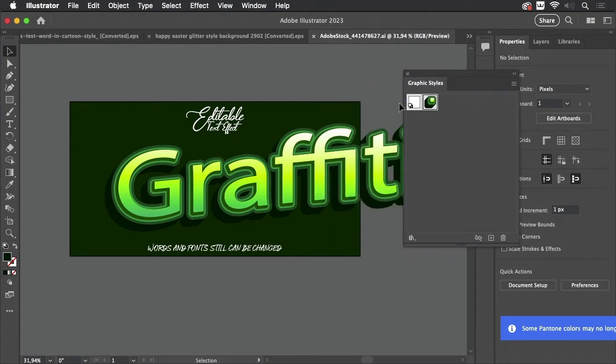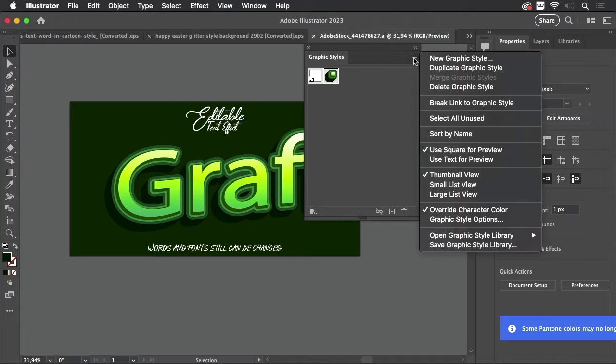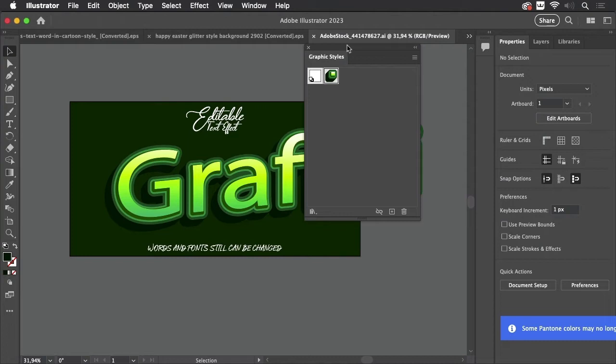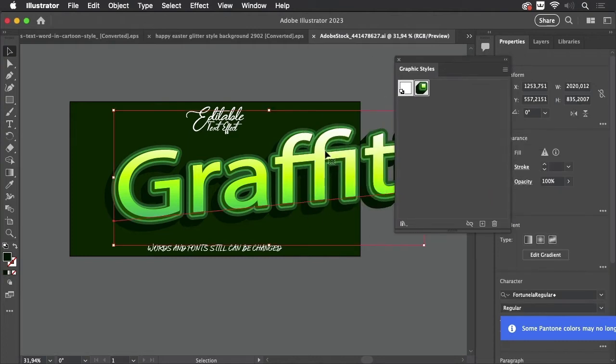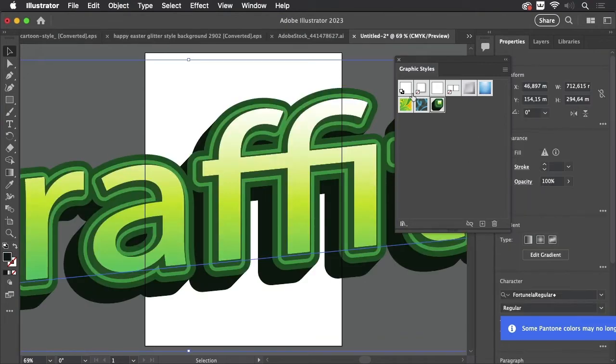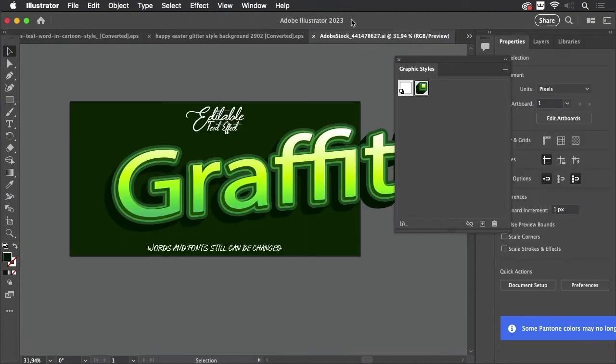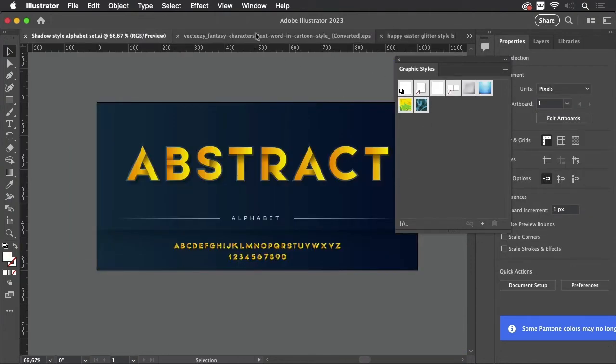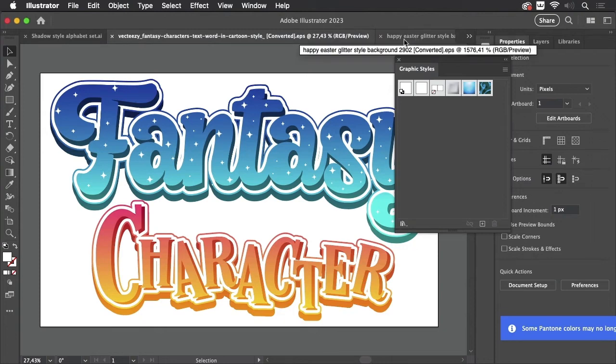In order to get that into my own file, I can go in here and save a graphic style library, or I can just select this text and copy it into my own file where I want to use it, and it takes the graphic style with it. So I can just copy it, create a new file, and then paste it, and you see it's in the graphic style panel of that file. So let's close this file, and let's close that one, and let's take a look at some other